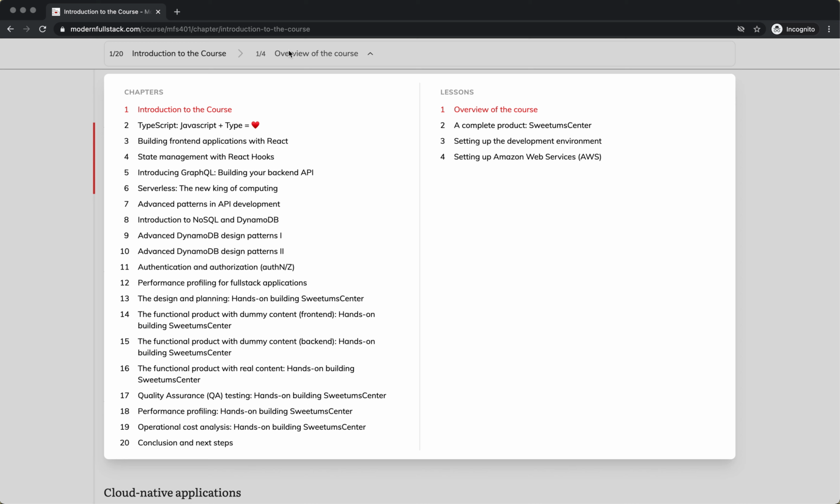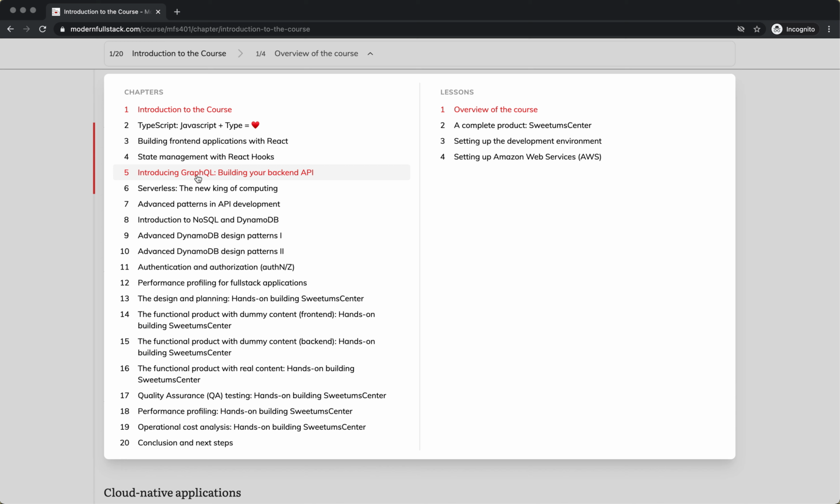on top of that, we also have 20 chapters, starting from learning TypeScript, and then there are 2 chapters, chapters 3 and 4, about learning React and state management with React hooks. We will not go through all the chapters in detail, but we will highlight how we teach the course and how we make sure that self-paced learning is fulfilling and not just straight videos or simple blogs. Now, coming back to the course chapters, we also have 3 chapters on GraphQL, serverless,